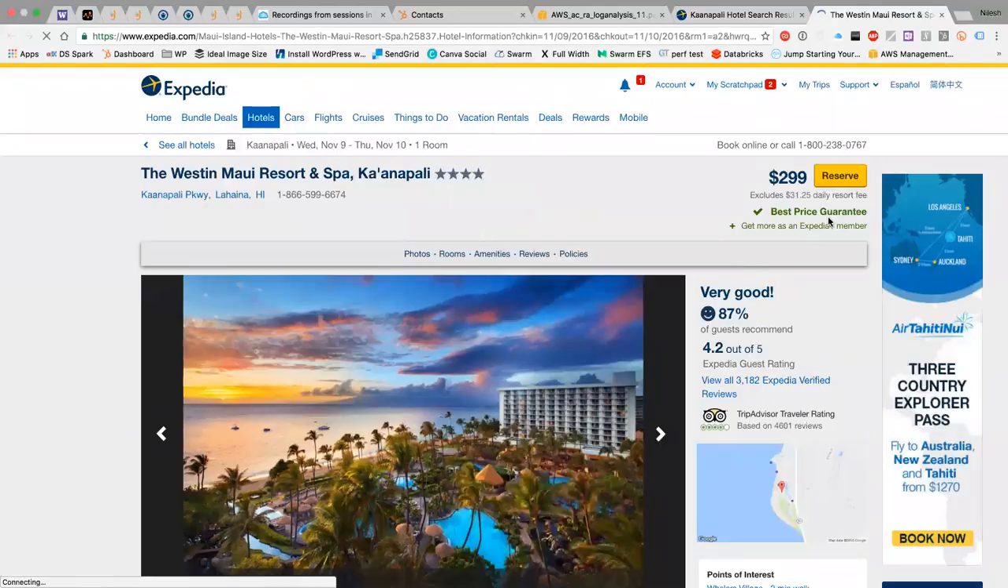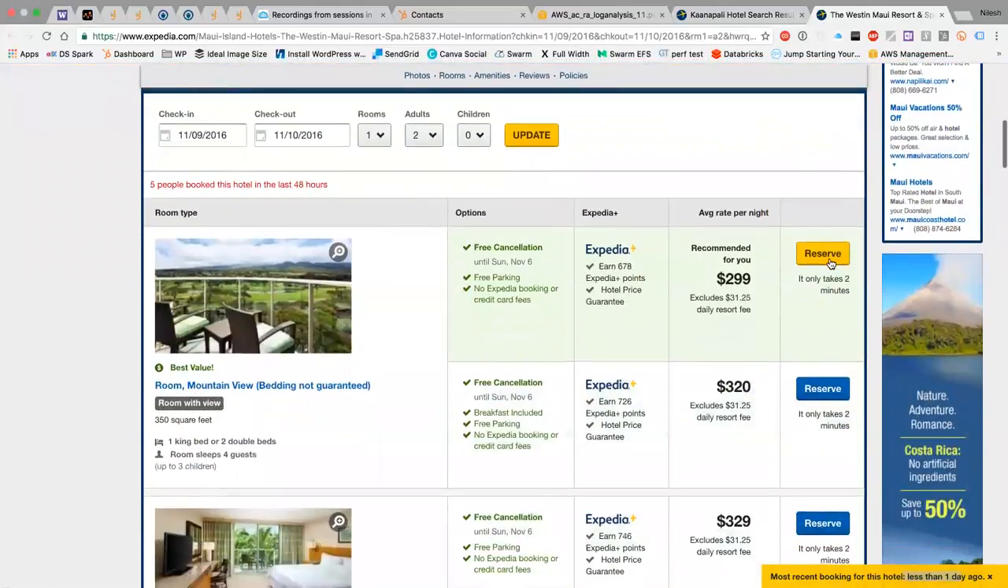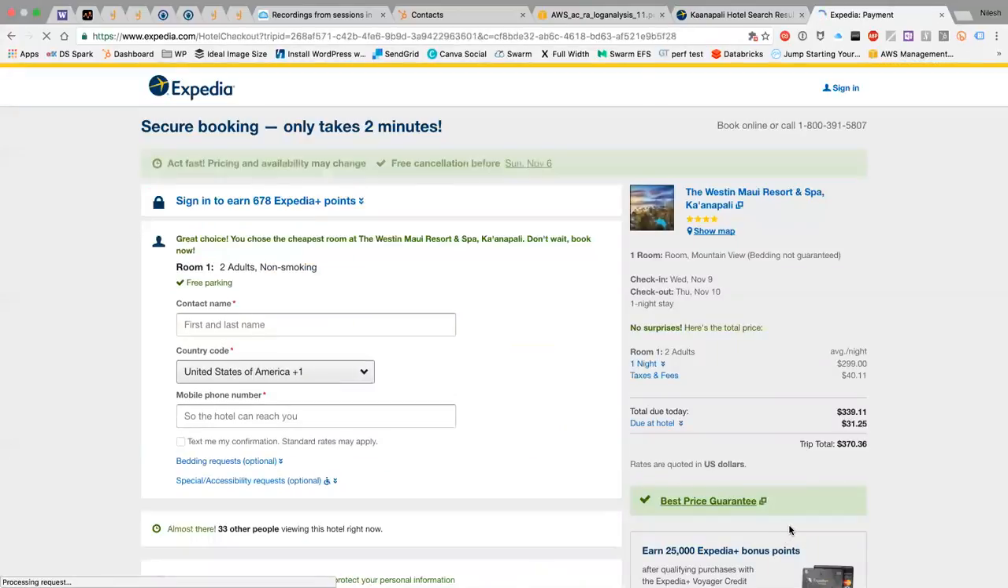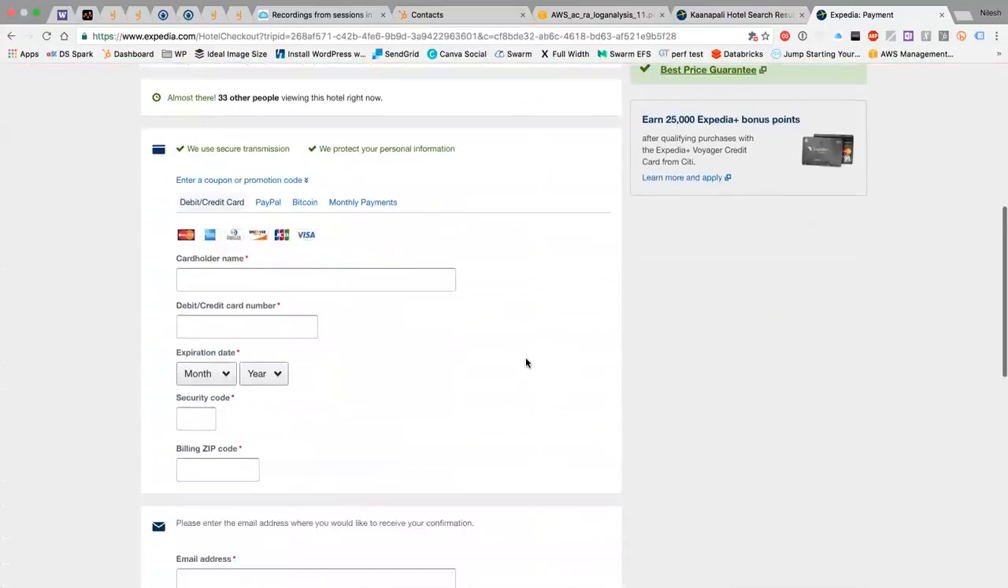$299. So some engine on the back end is looking at my log statistics, and it tells me that the most recent booking for this hotel was less than 1 day ago. It just told me that, so I may want to reserve it. And if I do that, it says that 33 other viewers are watching the same room, so buy quickly. And if I say, you know what, no, I'm not interested,